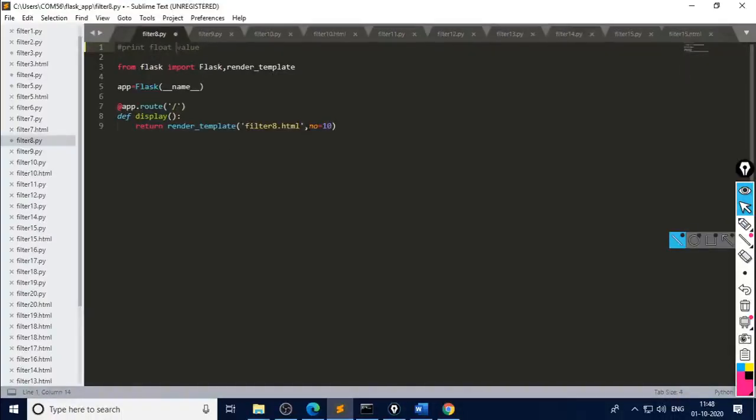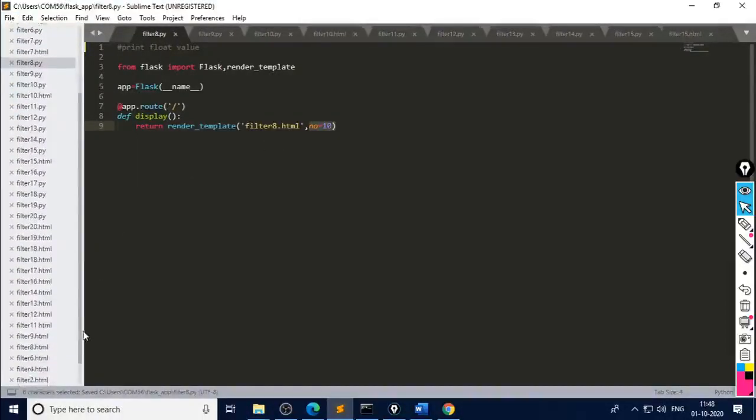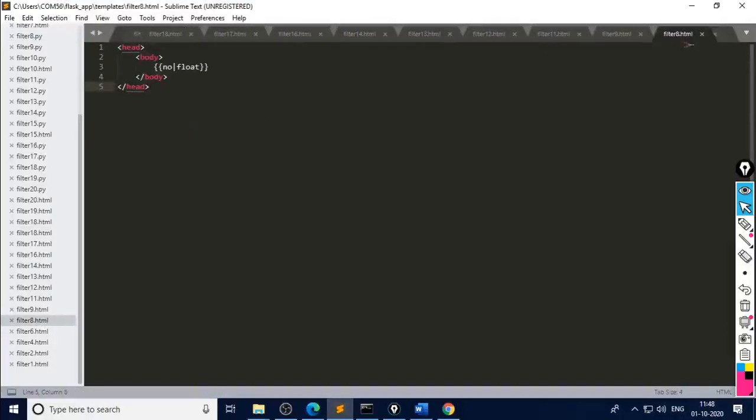What is the input here? No is equal to 10. So we have given here a numerical value, and what is the HTML here? Filter 8.html. So open this one. So here we used the float filter. No, pipe sign, float. So it gives you only the floating point value.